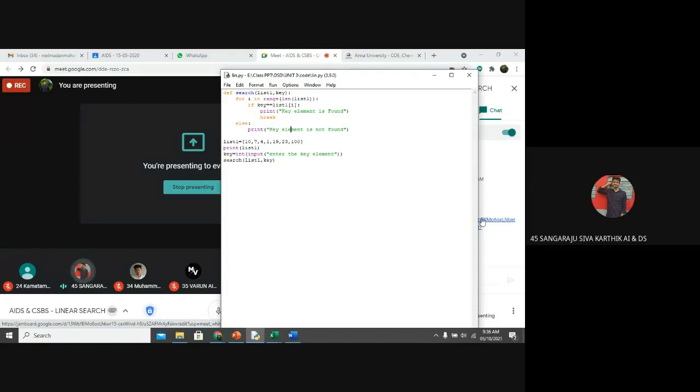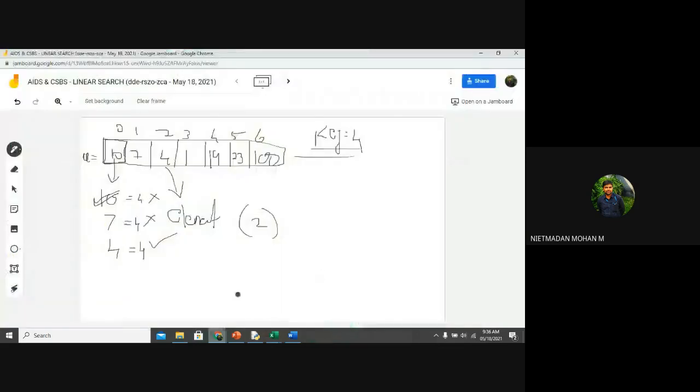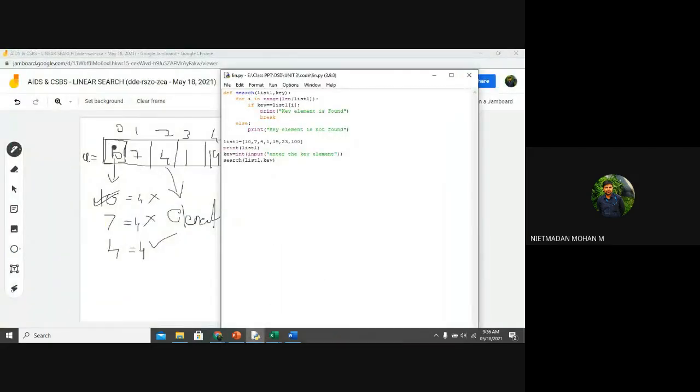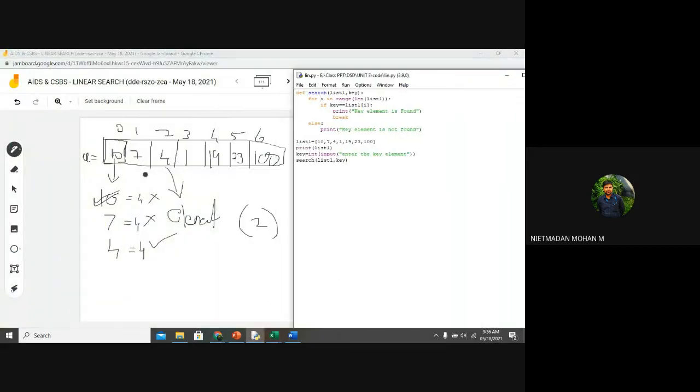List1 index of. We have taken the index value here, right? Just imagine I am searching for a key element in that particular list. I am searching for the element 10. So what will happen for i? It will start from index 0 in range of length of list1.